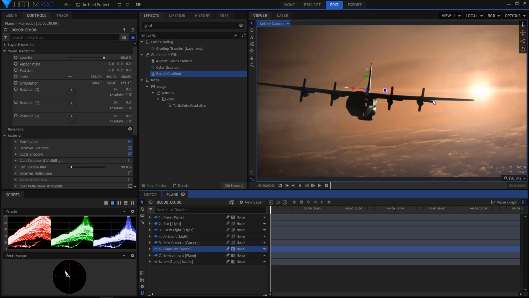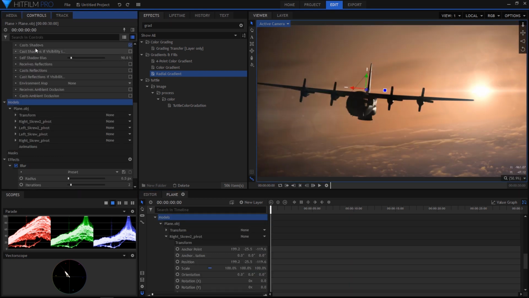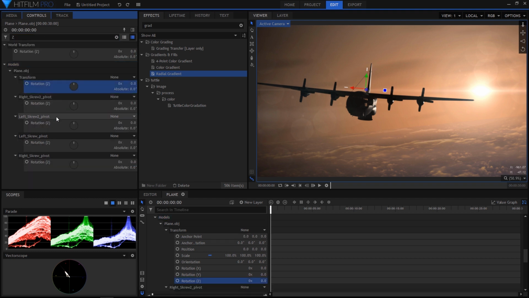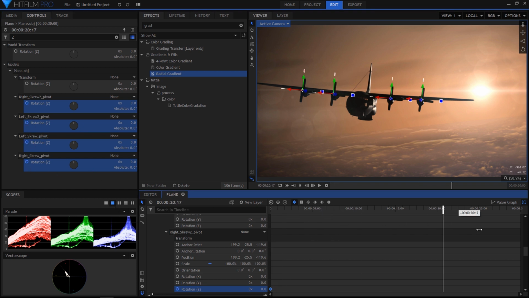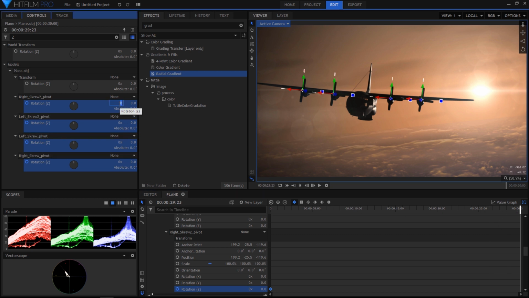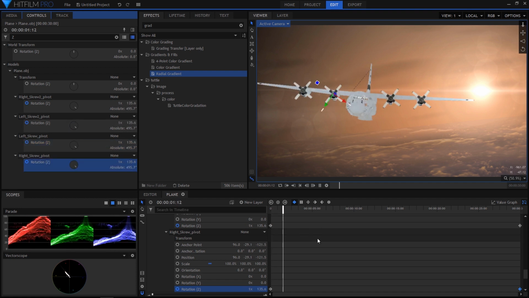One of the final steps is to make the propellers rotate. So let's just put into the search controls Z to get all the Z rotations for the objects. So we can select all the propeller rotations, holding down Control and clicking on them, and then activating keyframes for all of them at the same time. Now we can jump forward in time. I will just go to the end of the composition shot. Now let's put in a high number on the times value, like 30, and repeat that for all the propellers. Alright, let's see how it looks.